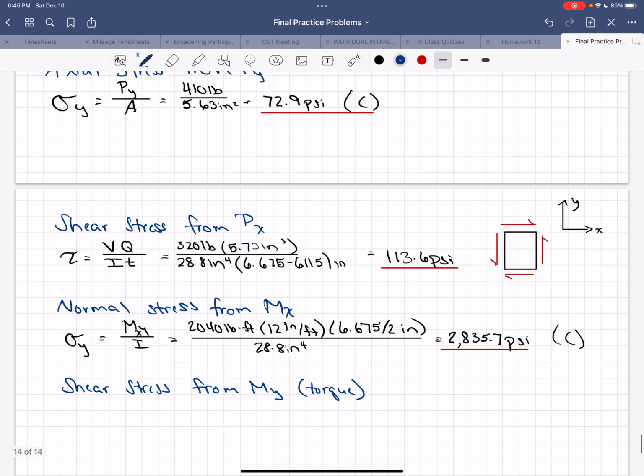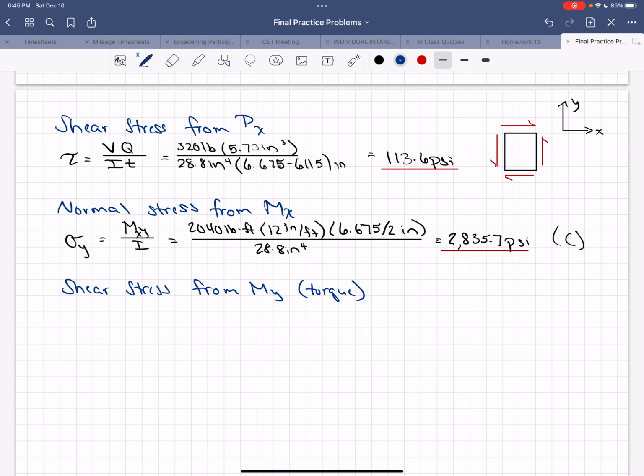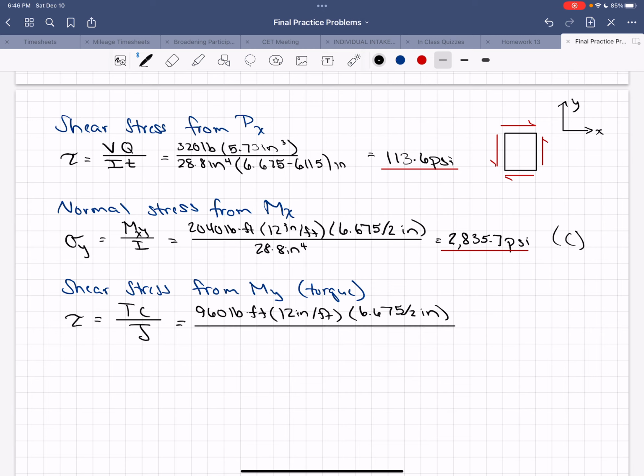So we have the torque equation: shear stress equals T, which in this case is just my, times C, just the radius of the big diameter, all over J. So 960 pound-feet times 12 inches per foot times 6.675 over 2 inches, and that is all over 57.6 inches to the fourth, and we get